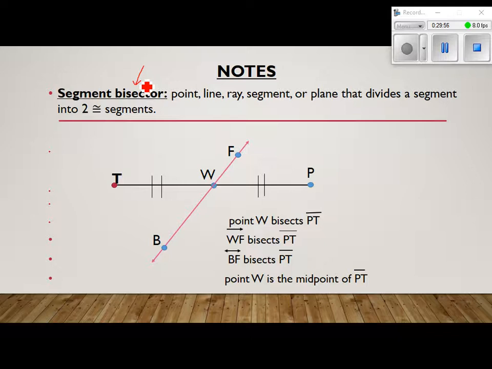The segment bisector here, we could name line BF. It bisects that segment because it splits it into 2 congruent parts. What do we call point W? We just did it on the last slide. It's a midpoint, all right? A segment bisector could be anything. It could be a segment, a line, or a ray, as long as it splits the segment into